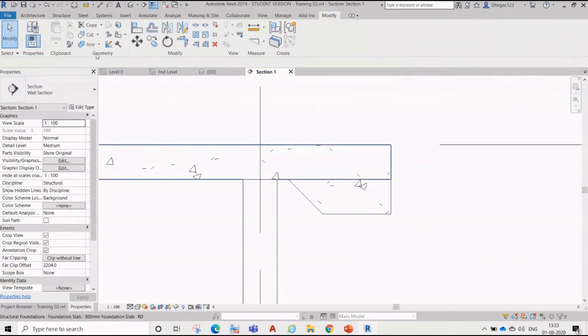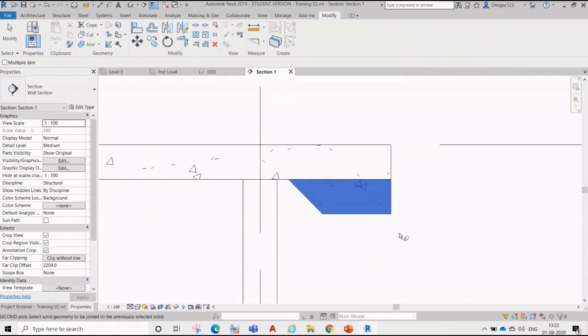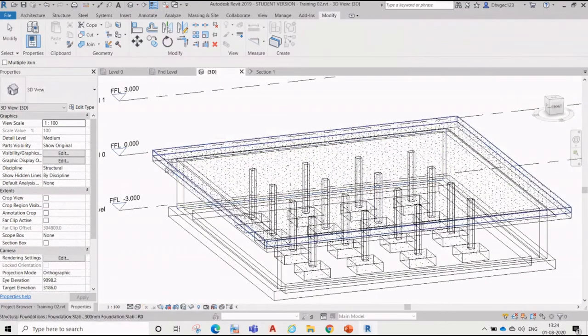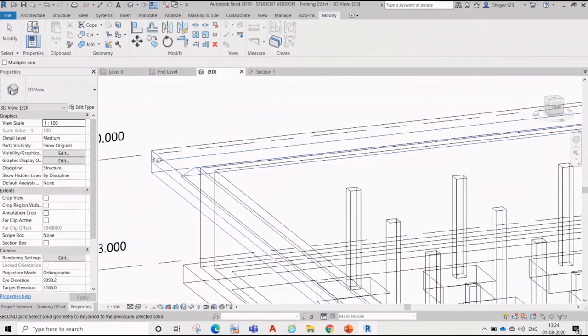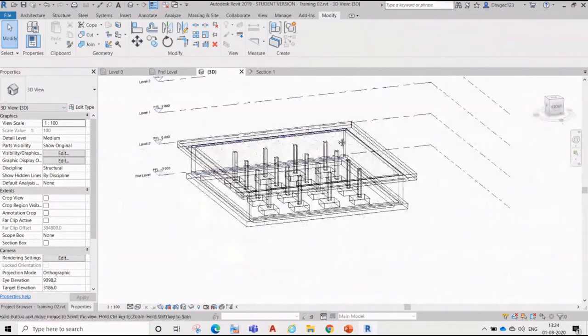Then we can join. Right now we cannot do that. For that we have to, what I'll say,